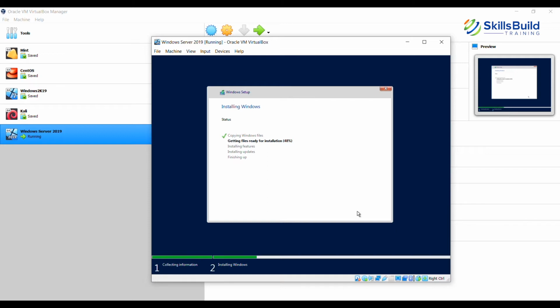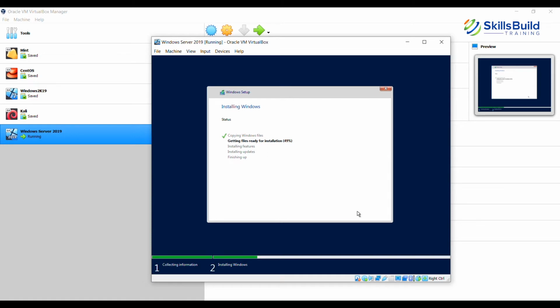Now, data center is, like I said, typically meant for large organizations or large enterprises where they need to run a lot of virtual machines, and they have big servers with redundancy built in. They have load balancers and all that. So there, a data center edition makes more sense.